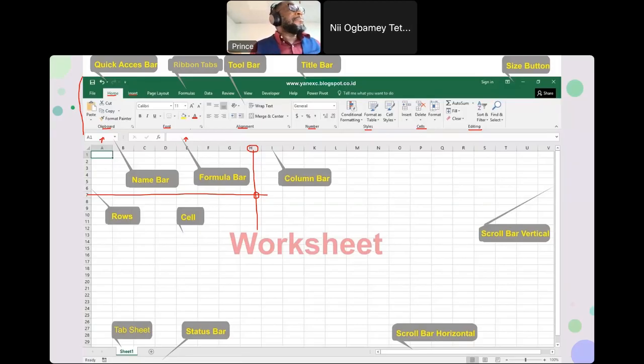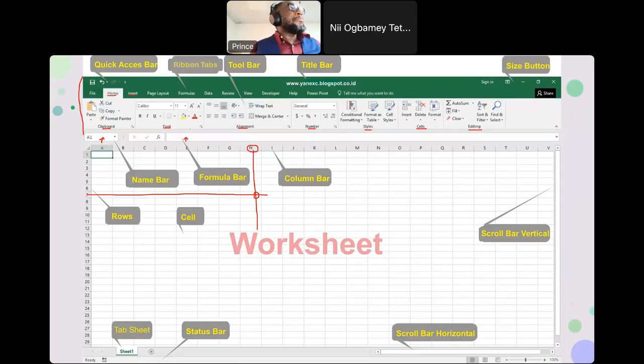The formula bar will always show you the truth of the content of the cell. Whatever you have typed in that cell, if you want to know the truth, the formula bar will show you. And you also need to be familiar with every single cell name. I hope that's okay. If you have any questions, I will end my slides very soon so that I can take questions.